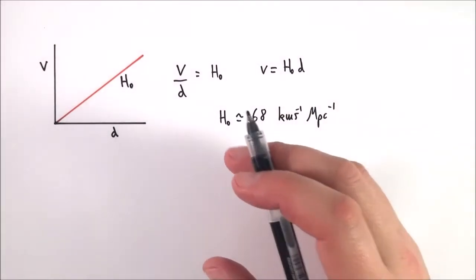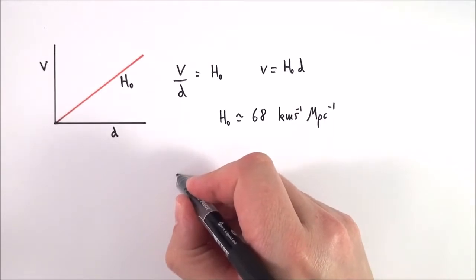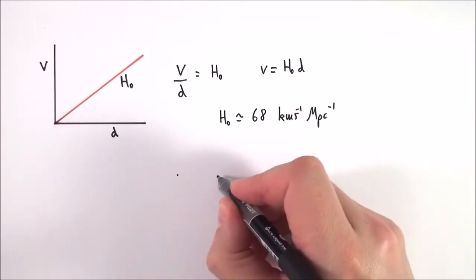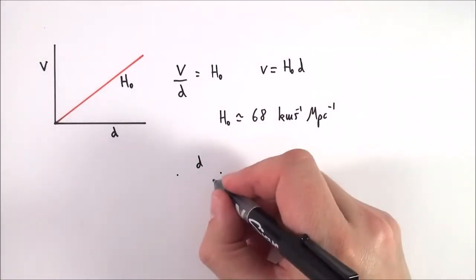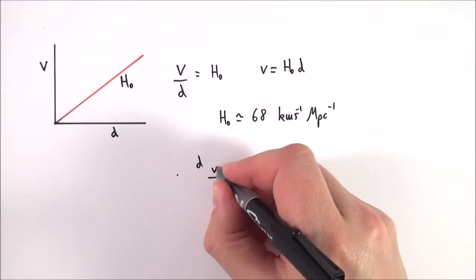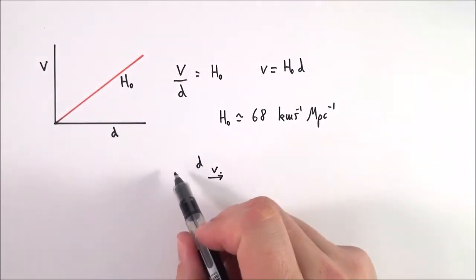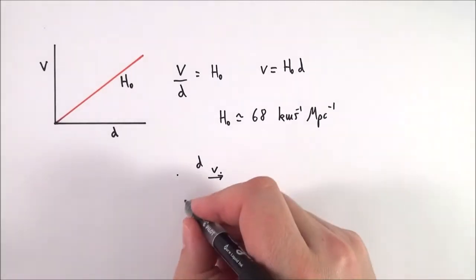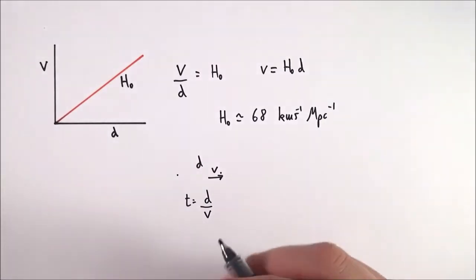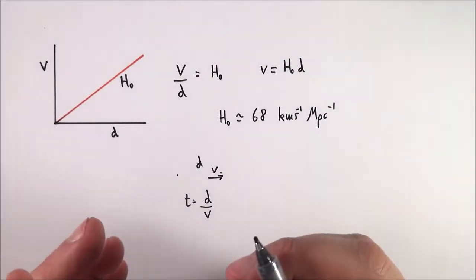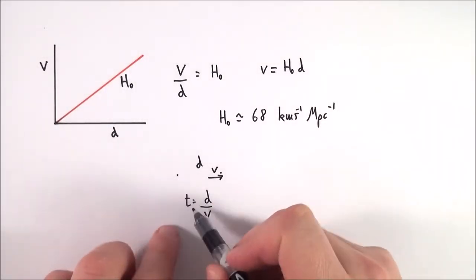But what we can say is, if we have a uniform expansion of the universe, say this is the Earth over here, and we have another galaxy a long way away, a distance of d away, and it's now moving at velocity v. Assume that it's always been moving at this velocity. What we can then look at is the time that it's taken to get from here to here. Now this time is equal to the distance over the velocity, and if we assume that the universe has a finite age and there was a Big Bang, the time to go from where these two things were at the same place to where they are now